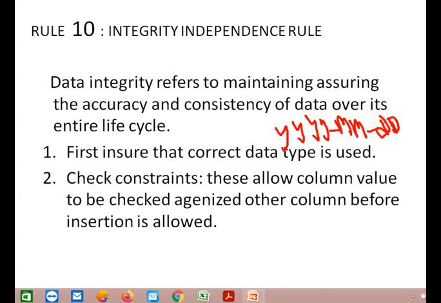Okay, if I want to insert the value in this way, 12567 or ABC, this violates the integrity rule for the domain. Okay, so first ensure the correct data type is used. Check the constraint. This allows a column value to be checked